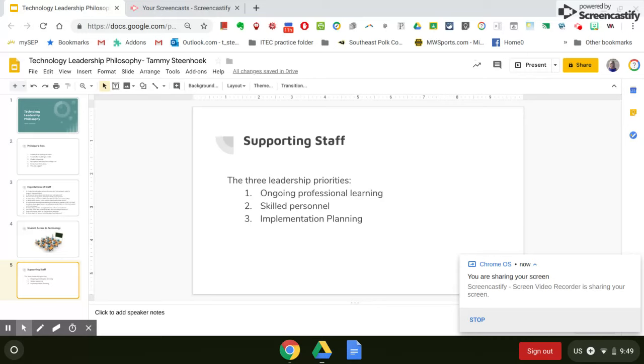Effective leaders will find a way to provide equitable access to technology for their students regardless, because there are grants and businesses and other funding streams to make this happen. But most importantly is the training of staff members on components such as the 21st century skills, the SAMR model, and digital citizenship. Teachers' lack of readiness to implement technology integration is what can lead to the slow rate of progress. But I do not believe that that lack of readiness is due to an overall resistance to change or to the use of technology. I believe it's because we have not provided the information so teachers understand and they can build that confidence.